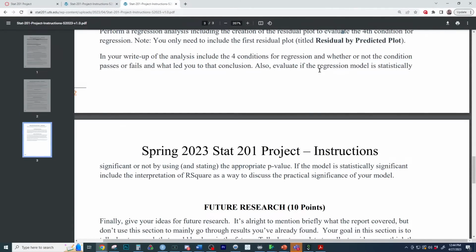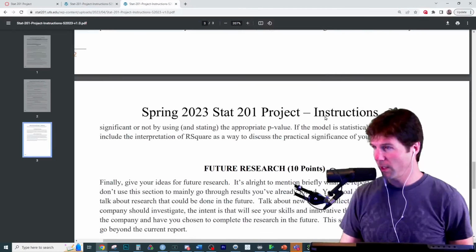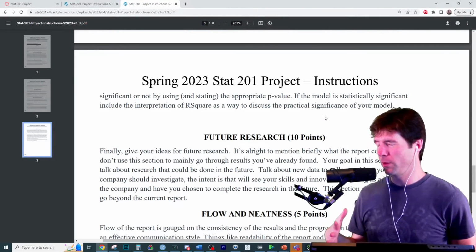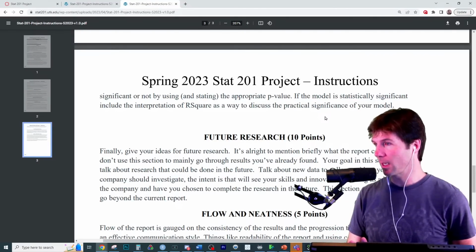Also evaluate if the regression model is statistically significant or not by using and stating an appropriate p-value. If the model is statistically significant, include the interpretation of the R squared as a way to discuss. Well, that's pretty good. So this is gonna be interesting. So some people are not going to include the R squared. I'm not against, just be careful. The graders should technically not take points off if you don't include the R squared,